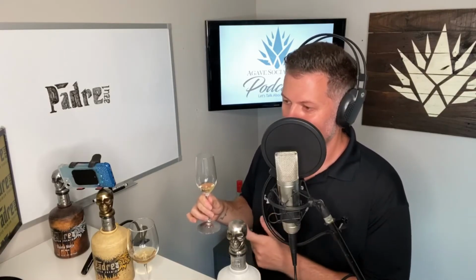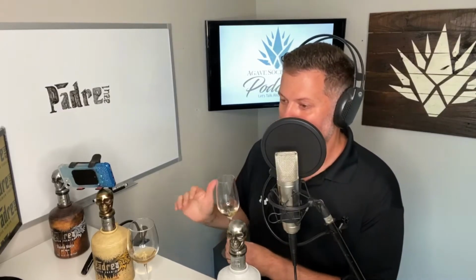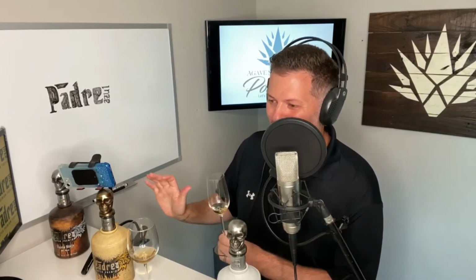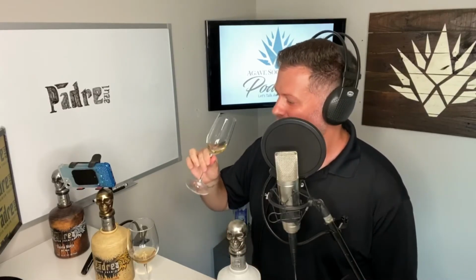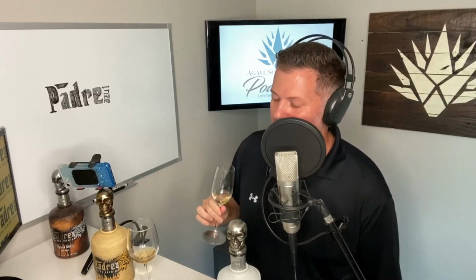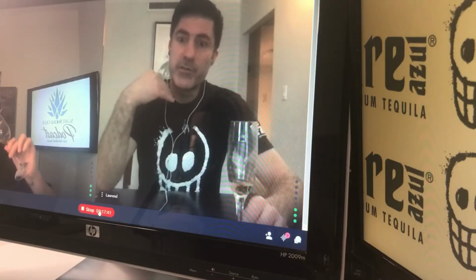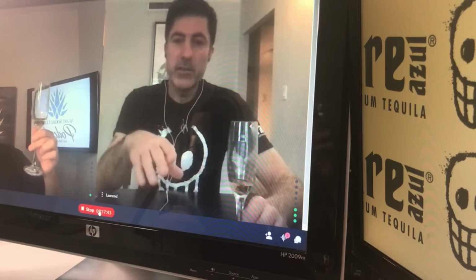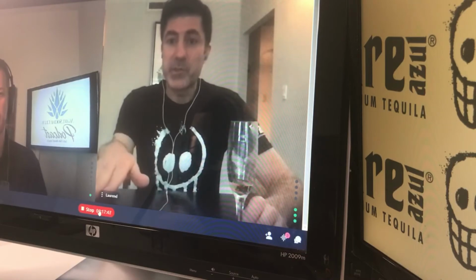This is very approachable, very well balanced. This is leaning... we're not at dessert yet. When we get to the añejo, we're heading towards dessert zone. But this is, hey man, this is dinner, and this is very good tequila. You eat a little caramel on it, a little pecan and dried herbs on the finish. And again, I always have to remind people when they drink this tequila for the first time, it's room temperature,